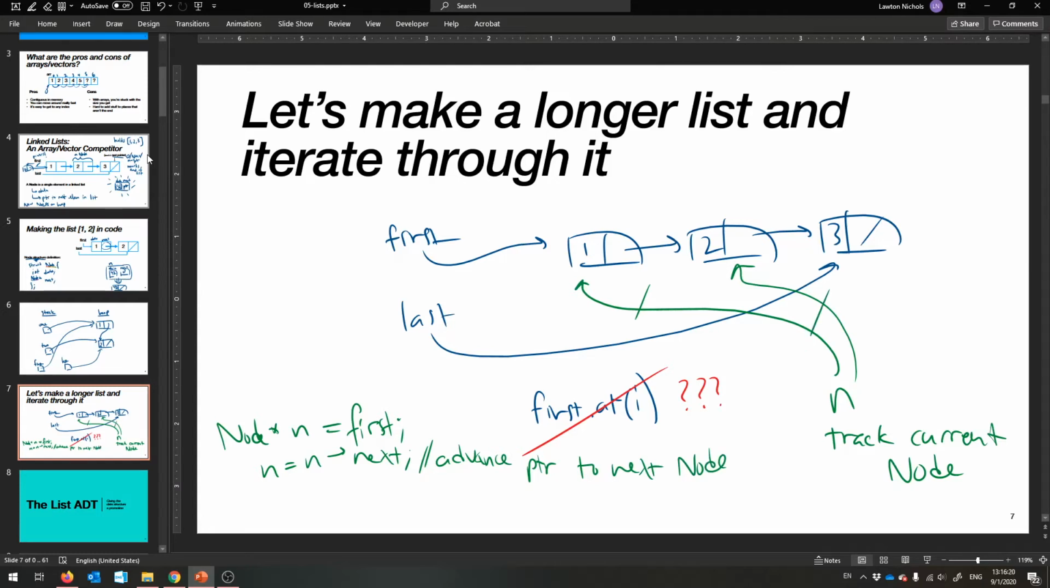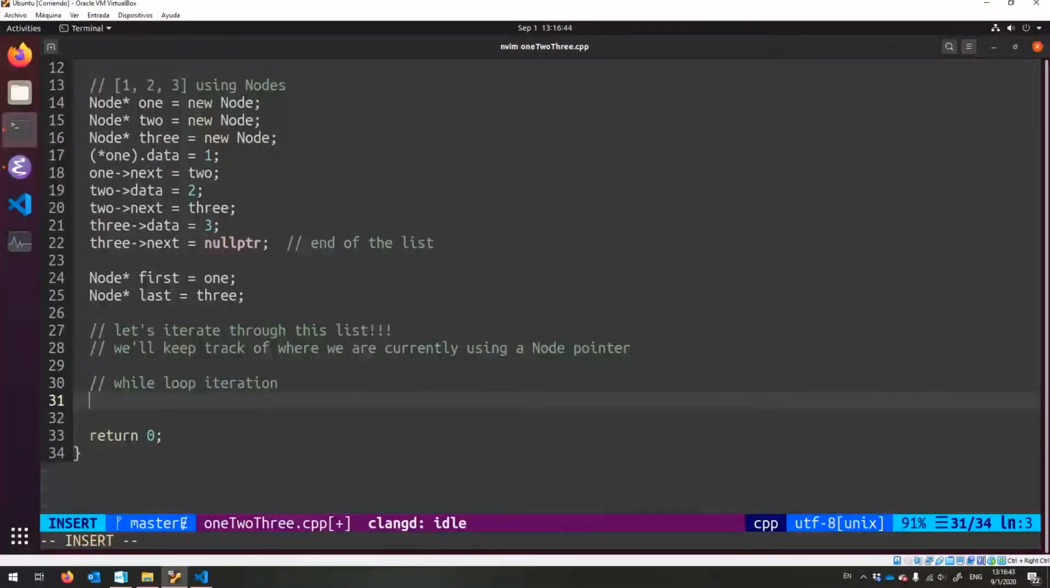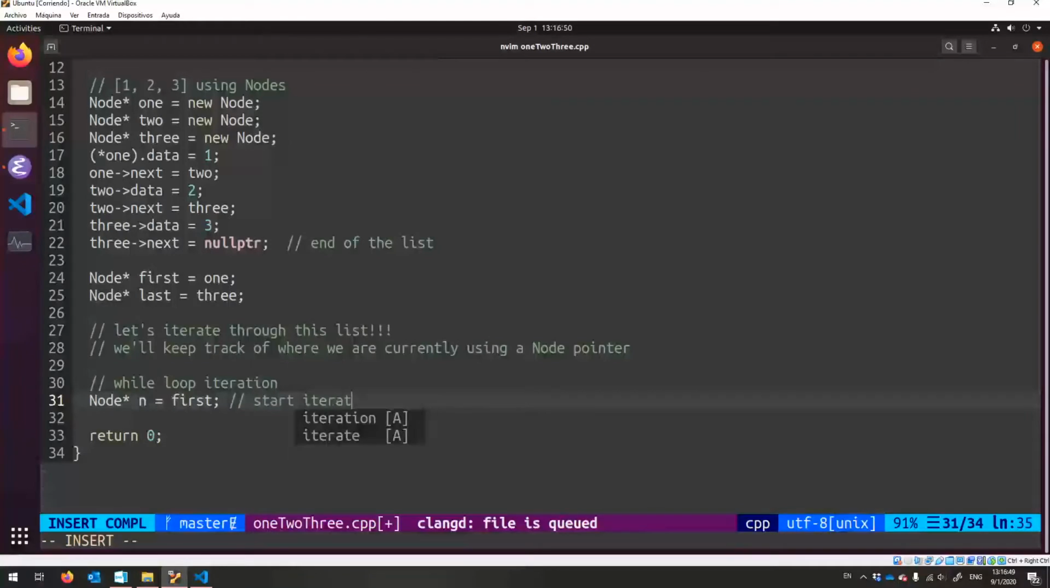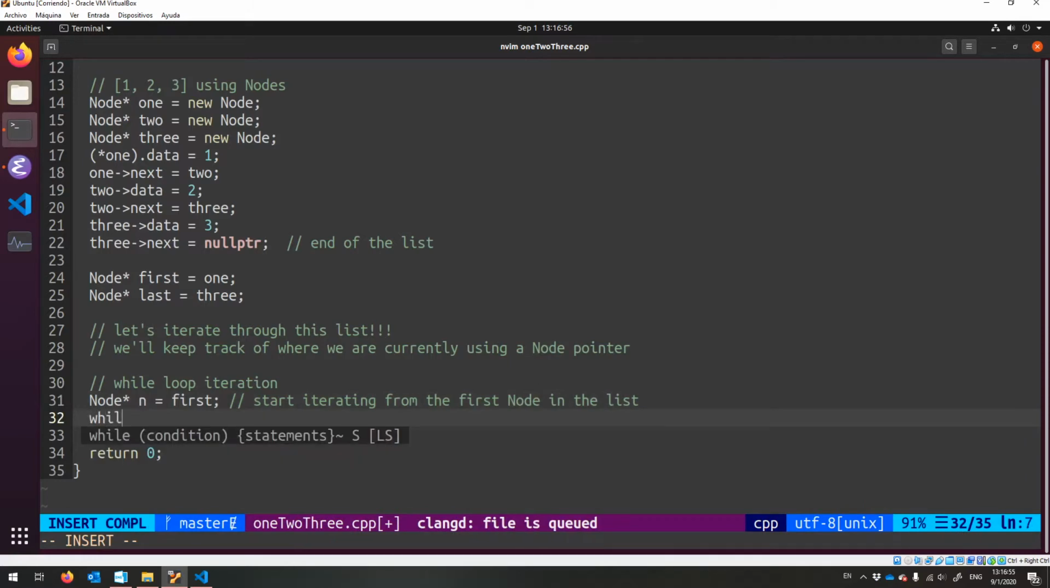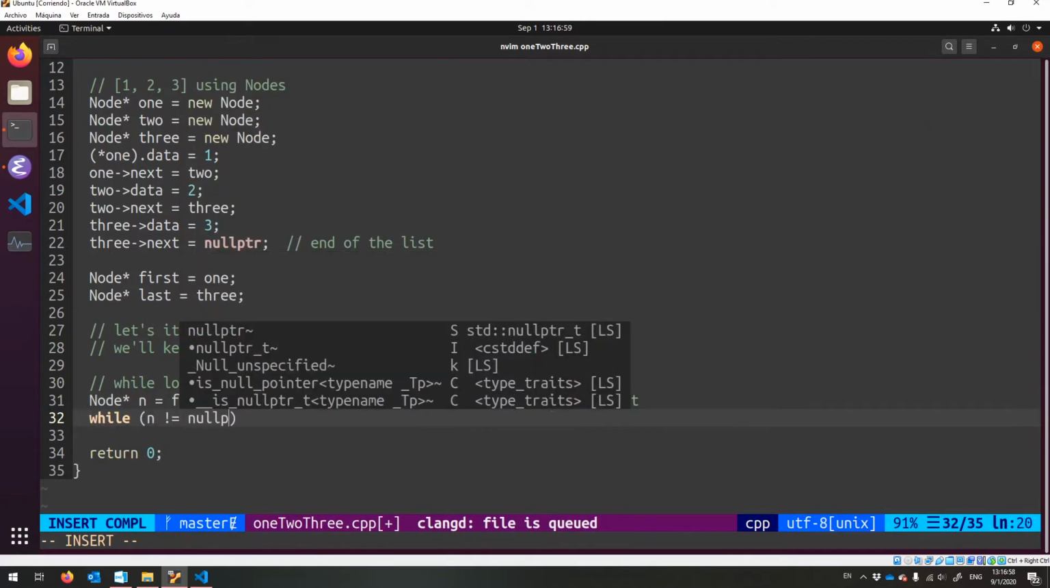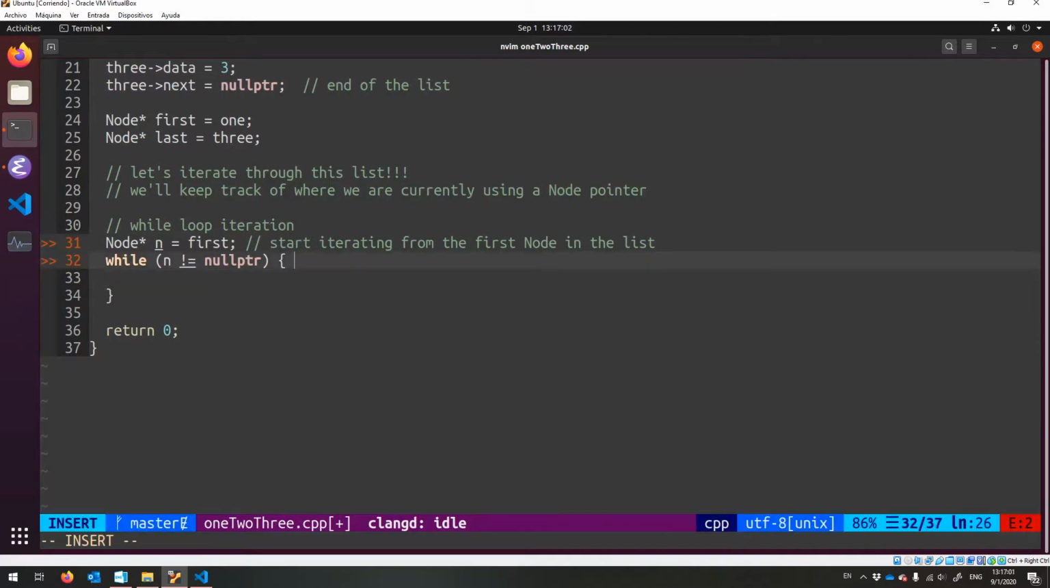And then finally, once we get right here, we'll do our 3, and then we'll advance the n pointer off into null, and that's when we can stop. Hopefully that makes some sense, but in code it'll make a lot more sense, I think. So we're going to start out our node equals first, so start iterating from the first node in the list, and then while n is not equal to the null pointer, so while we still have a node to look at,